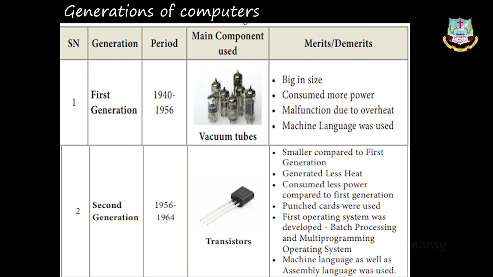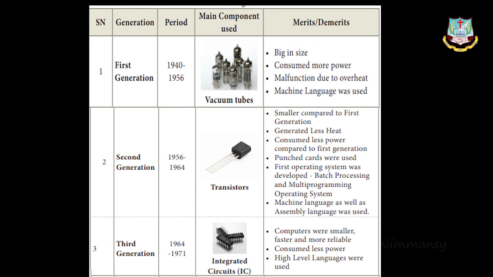Here machine language and also assembly language were used to communicate with the computer, and they took the output, right? So second generation computers means IBM 1401, IBM 1620, UNIVAC 1108. These are all second generation computers. And then, as an advancement of the second generation, from 1964 to 1971 they used the third generation computers.